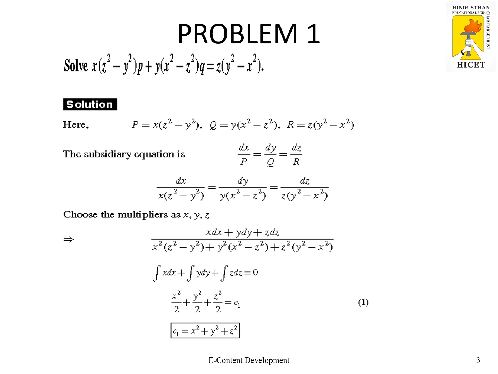So what is the integral of x dx? x square by 2, plus the integral of y dy, y square by 2, plus the integral of z dz, z square by 2. So that gives the first solution. Or you can simplify that: since 2 is the common term, you can bring it to the other side. So it becomes x square plus y square plus z square equal to one constant, that we can have as one of the solutions.